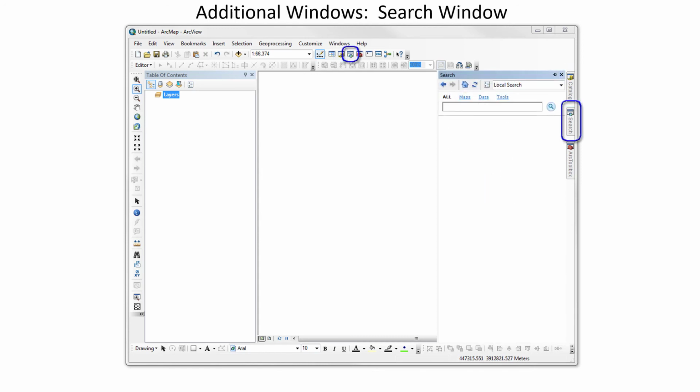So you can do most of the things you can in Catalog using this little sub window. Next, there's a search window. This search window can be used to find data, map documents, or tools. Now for data it's a little tricky because you have to prepare it first. You have to index all your data and you have to set up this indexing schedule, and it's kind of a hassle and it seems to crash a lot. So I'm not sure that the searching for data is all that reliable,